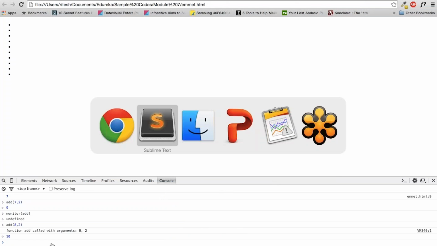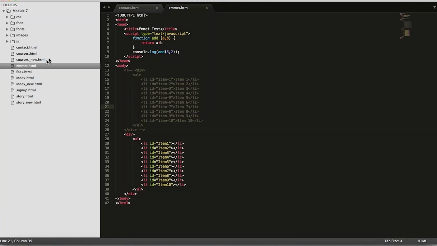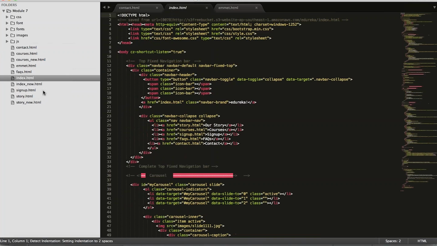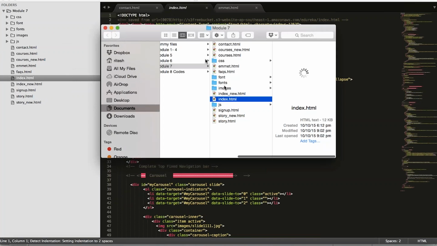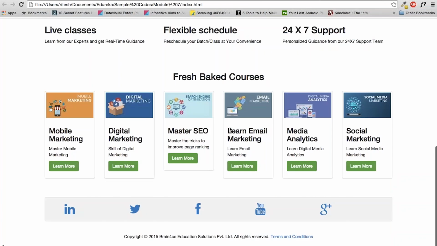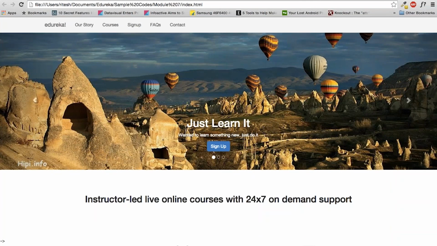Before any further delay, let me take you to some of the Bootstrap stuff which we are going to learn in this batch.